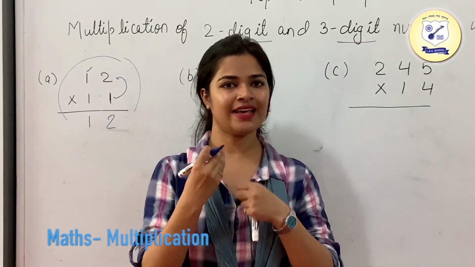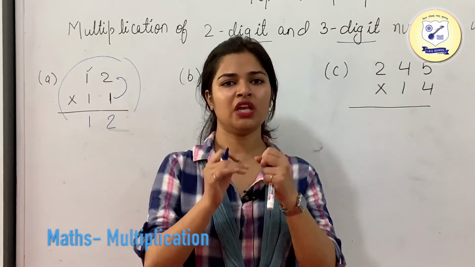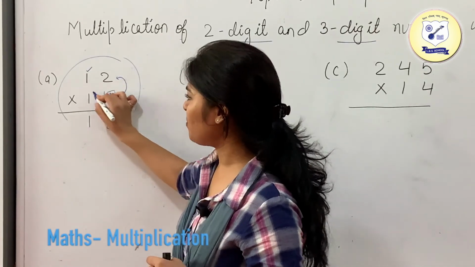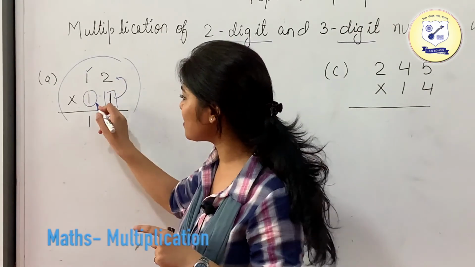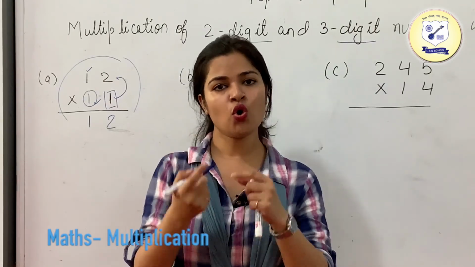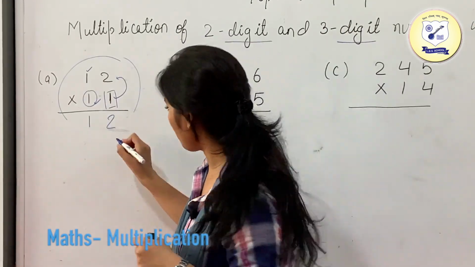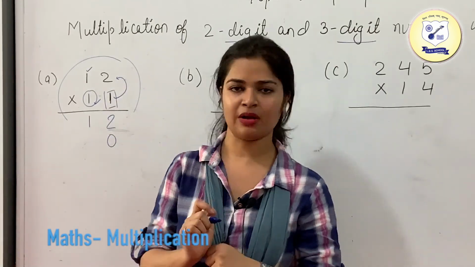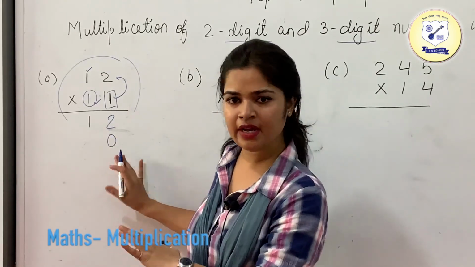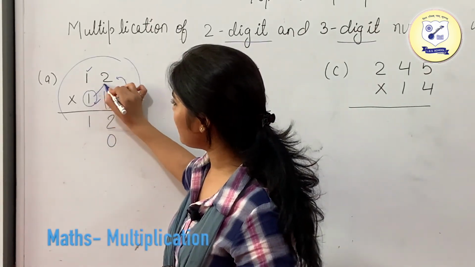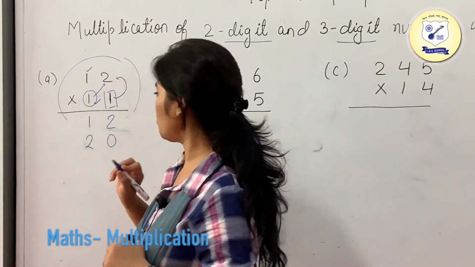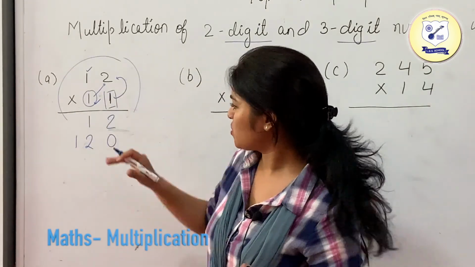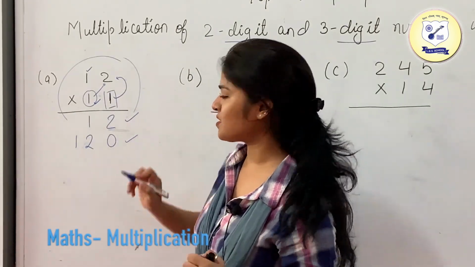Now in the next step, when you are multiplying with a 2-digit number, the additional thing we need to do is that since we are done with this number and we are moving to this one, and this is your tens place digit, in the 10 we are having 1 0, so we will put 0 before starting the multiplication of the second digit number. Okay, now just put this 0 over here and start multiplying this 1. So we will multiply 1 with 2, this is going to be your 2. Now multiply this 1 with your 1, so this is going to be your 1. Okay, so this is the answer of your first step, and this is the answer of your second step.